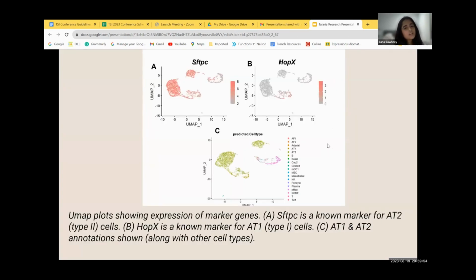SFTPC is a known marker for type 2 cells, which is pictured in the first figure. HOPX is a known marker for type 1 cells, which is pictured in the second figure. And then the third figure shows all the different types of cells that were part of the annotation. So when we compare which cell clusters contain the marker for type 1 cells and which cell clusters contain the marker for type 2 cells,